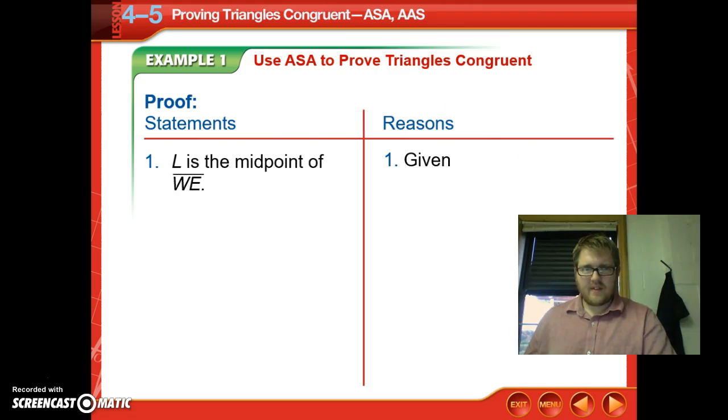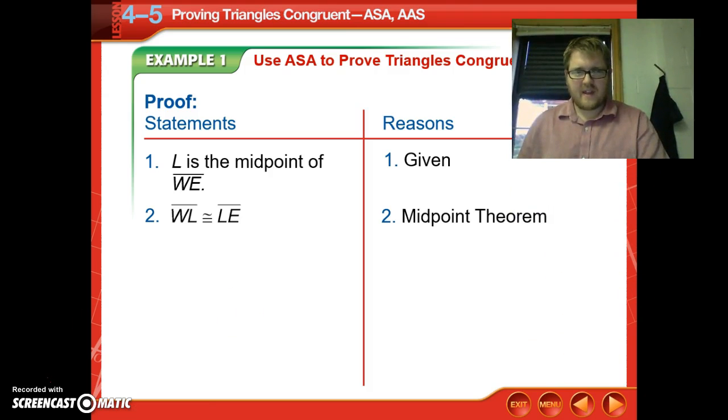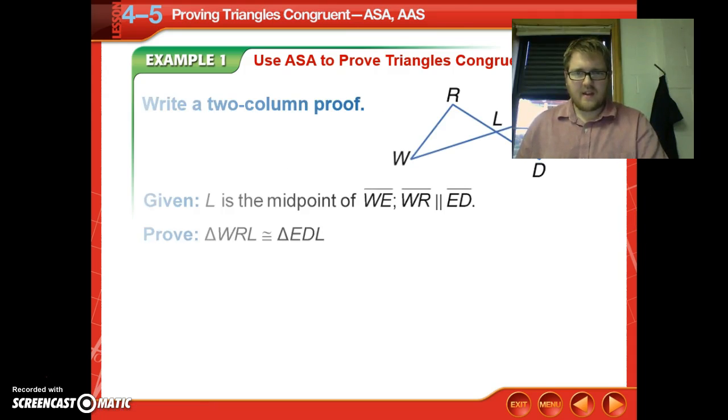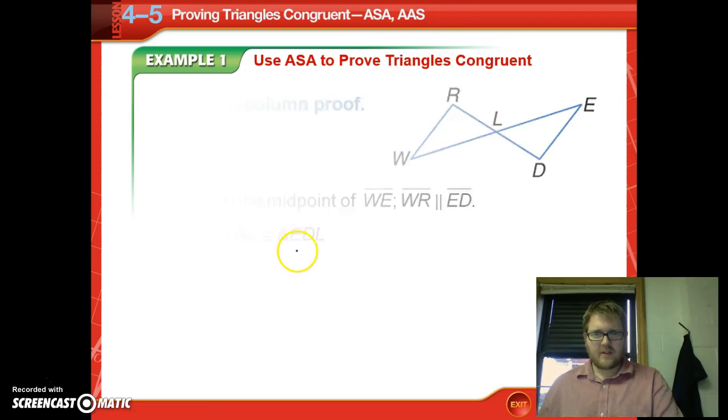So again, we're given that L is the midpoint of WE, and by the midpoint theorem we can say that segment WL is congruent to LE. So going back here, WL would be congruent to LE. Back to our proof,